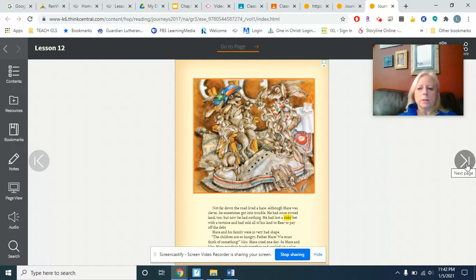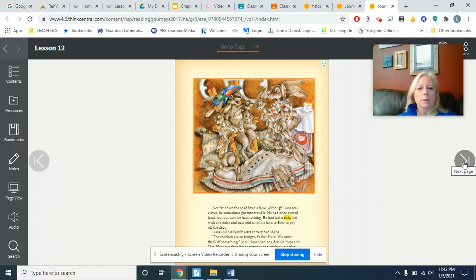So you're going to read the story today and be prepared to talk about the theme and be prepared to fill out a graphic organizer on Thursday together, discussing the theme of the story, as well as some other comprehension questions about the story. So that's what you have to do today.